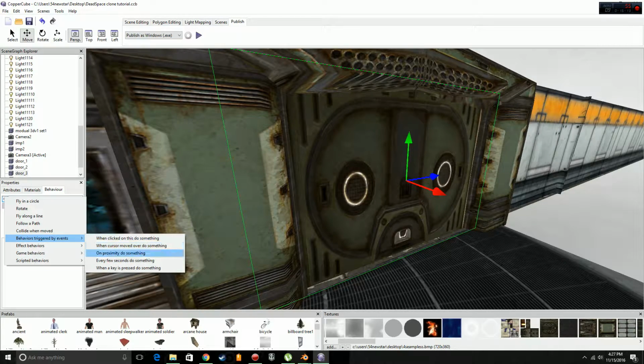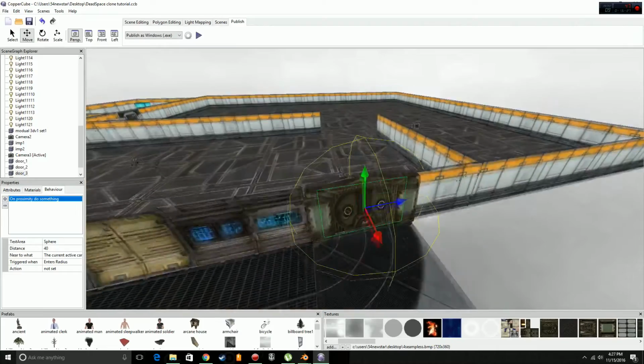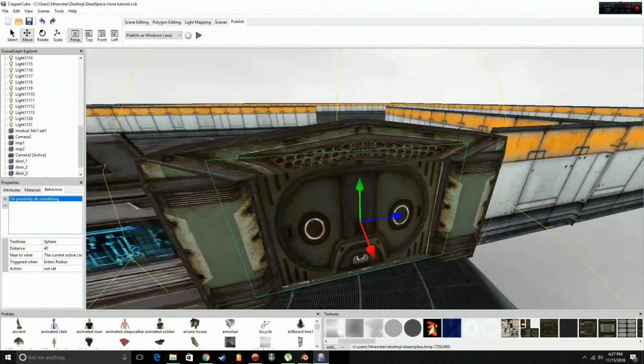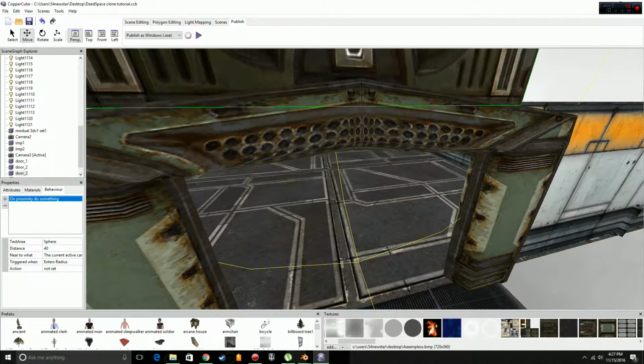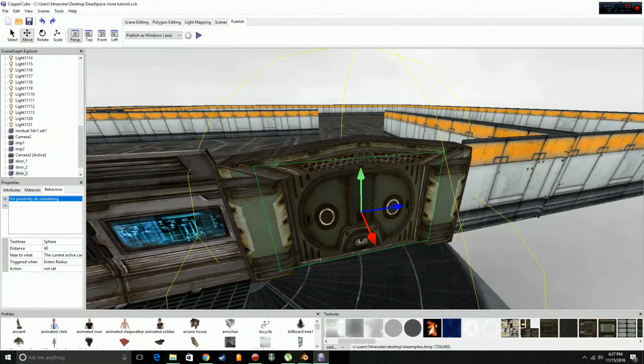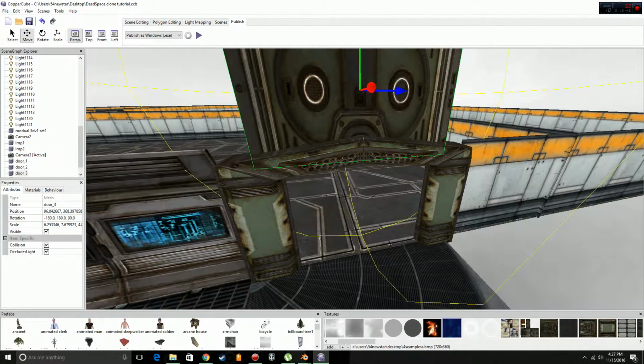So we have this, and then what we're going to do is go to behavior, triggered by events, proximity to something. And the radius is going to be 40? Yeah, that's about good. Enters radius, current active camera, and we're going to set, is this going to open up or down? Well, it's going to have a roof, so we're not going to see it go up. Boom. We're going to go to attributes, go to position, copy that, then undo,